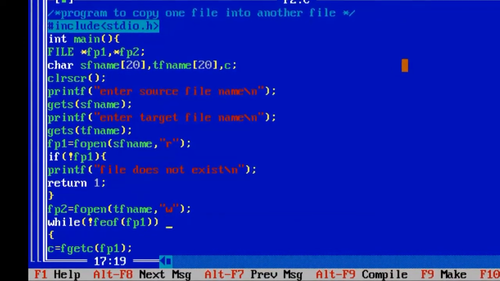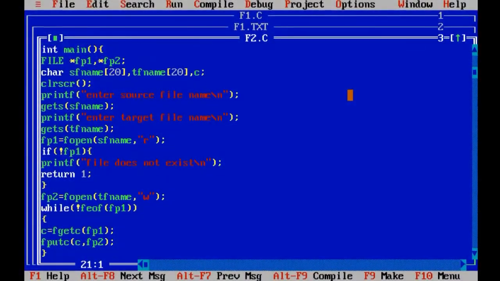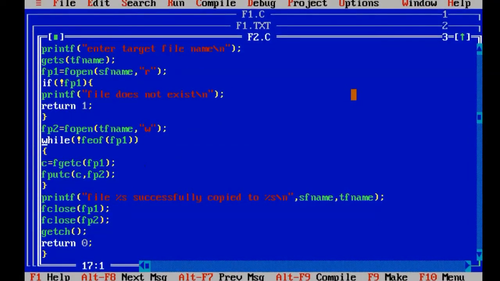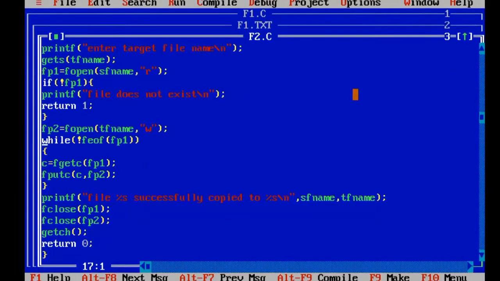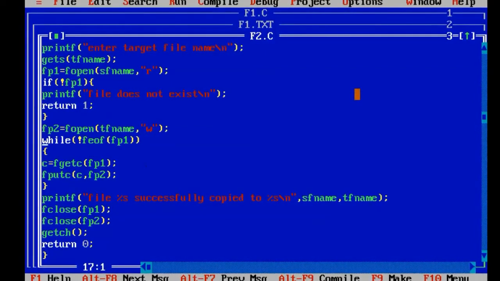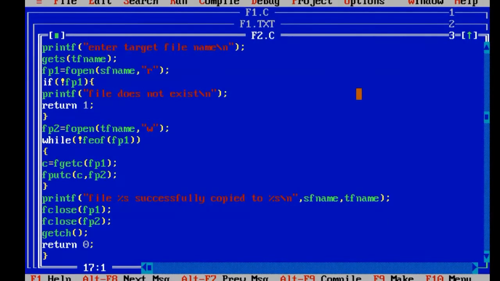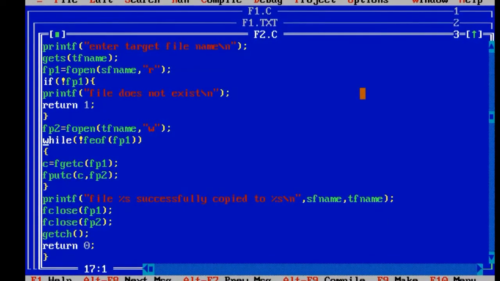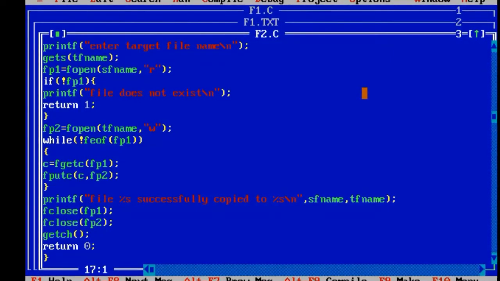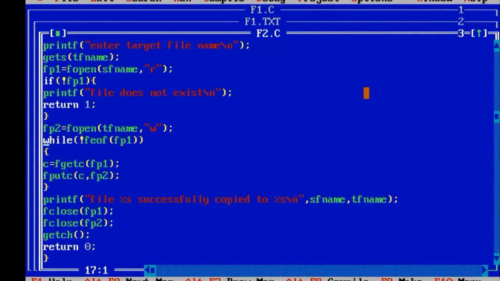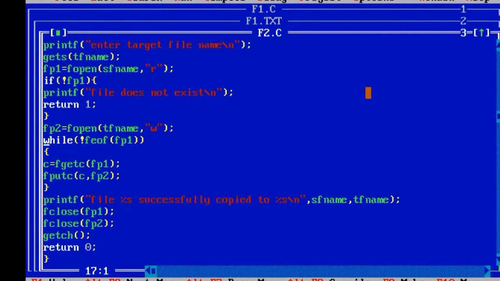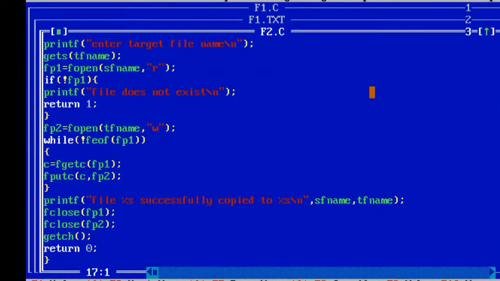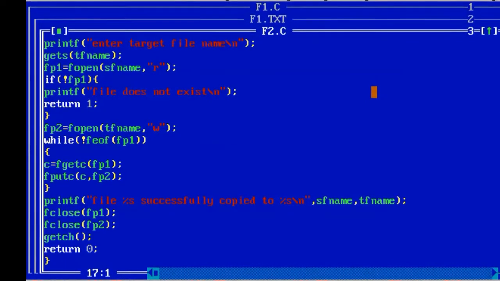So you have to open it in write mode. Now, how do you enter all the data? Like for the first file, for the second file also you have to check: while not feof of fp1. You can see here, friends, how you have to read that. There is a predefined library function called feof. feof means if the file pointer is not pointing to the end of the file, in that case the condition will be true.